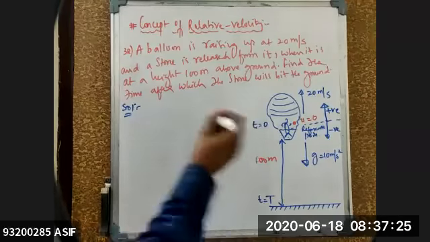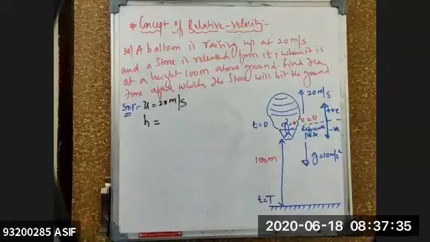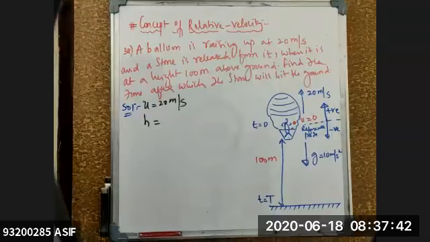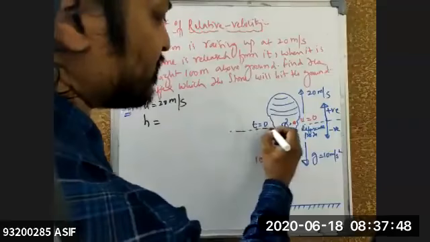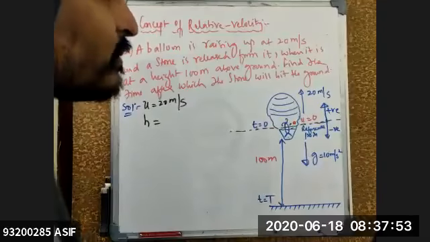Initial velocity of the balloon is how much? 20 meter per second. Upward direction or downward direction? Upward direction, so that will be positive. Height will be how much? 100 meters. Plus or minus? Plus? This is your reference. Height cannot be negative, sir? This is the reference, right? Everything below the reference will become negative for me. Did it come to mind? Minus 100 meters.